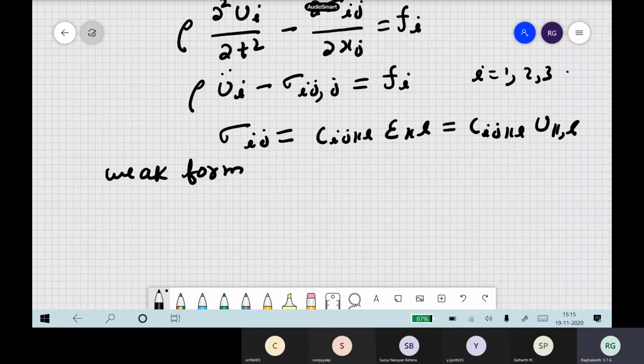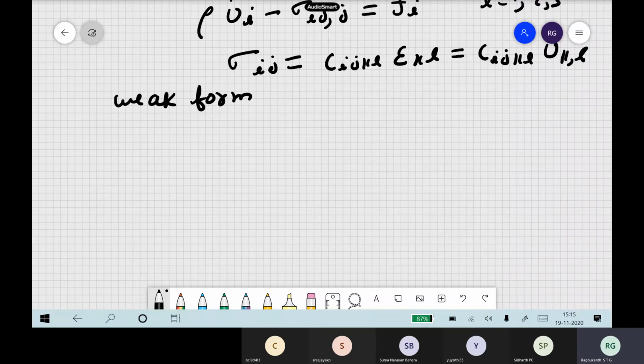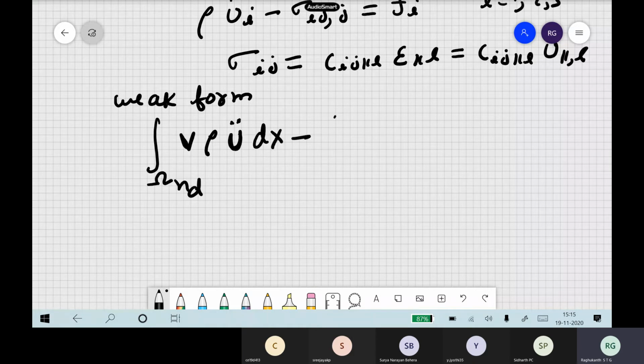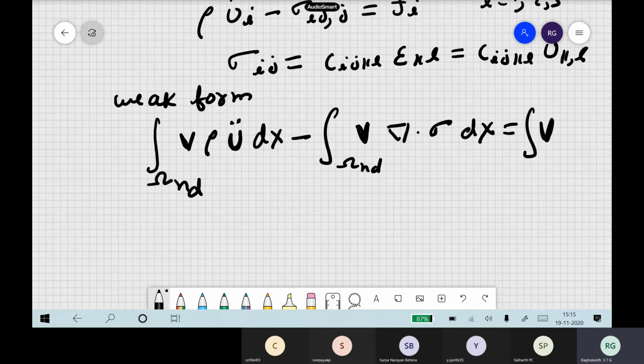Once again we have to solve the weak form equations. So you divide everything into domains, and these are our equations. The same equation, and we have to multiply everything with a test function, that is v. But now this test function will also be a vector. All are vectorial things. So v is a test function which is a vector quantity. So the integral of v dot divergence sigma dx will be equal to the integral of v f dx.